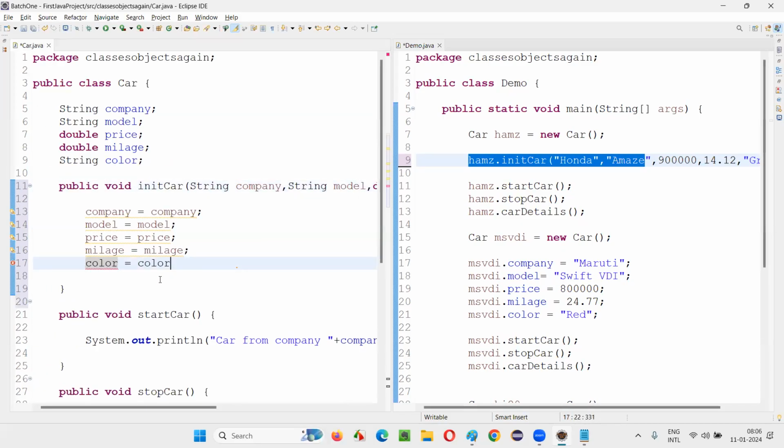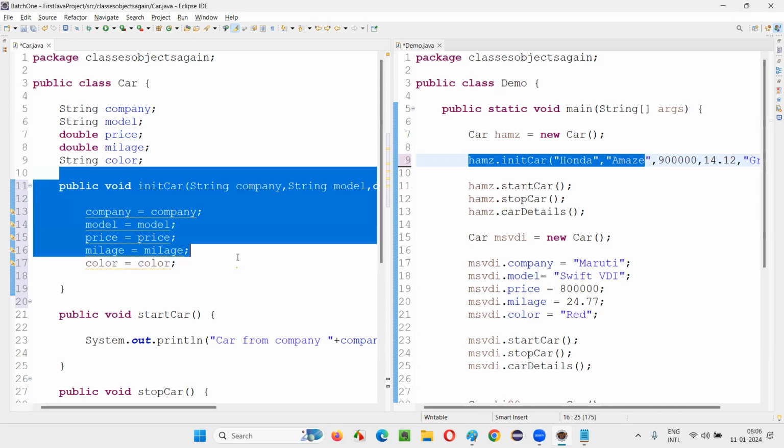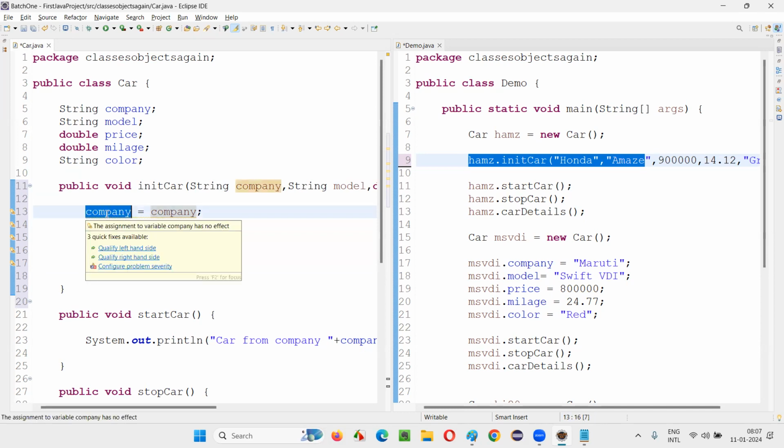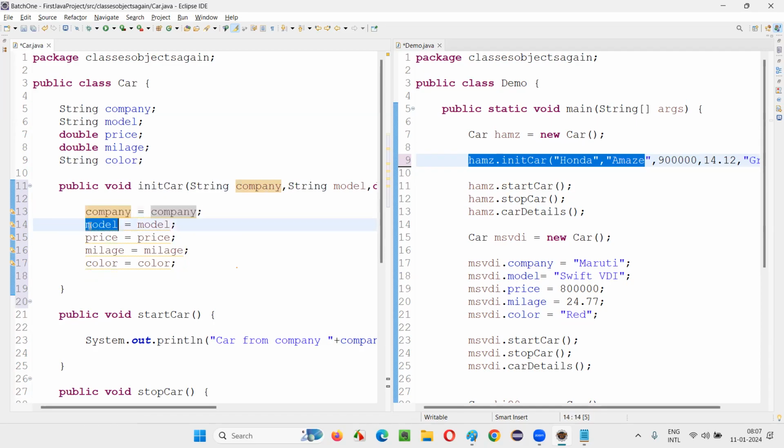Try to practice this session multiple times, guys. It's a very important topic, yesterday's and today's session. So what's happening is there's a problem here. When I double click here, is this really a global variable? What is getting highlighted when I double click here? Parameter. What about double click here? Same parameter. Double click here, parameter. I'm assigning a parameter to a parameter only. I was thinking that I'm assigning this parameter to the global variable of the class. But is that happening, guys?